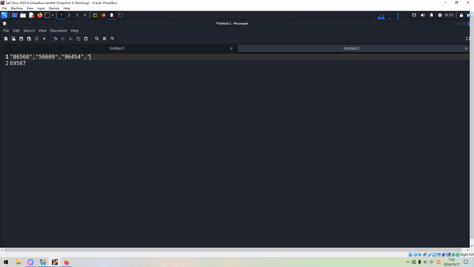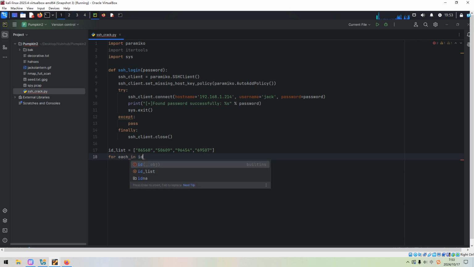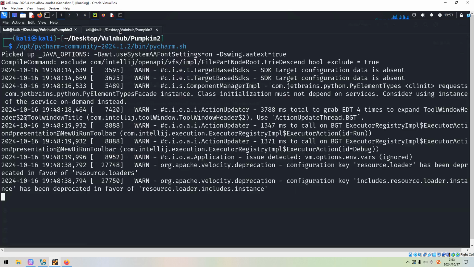We want it to be a string. Okay, we can copy. And then we can loop over this list, so for each password in the ID list. So maybe I can show you